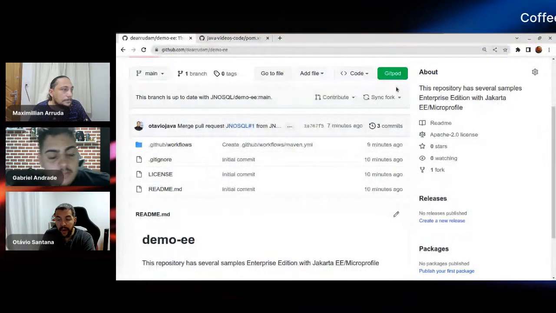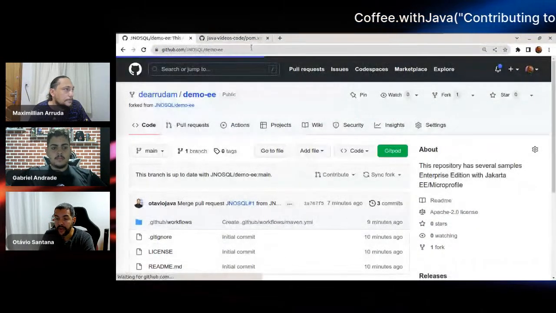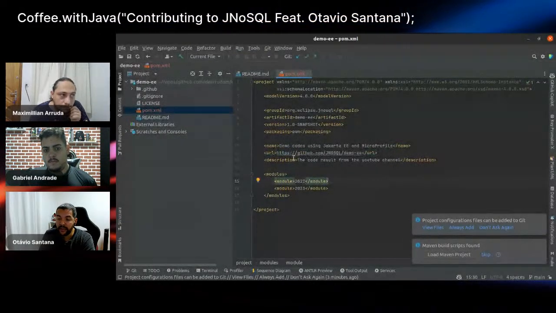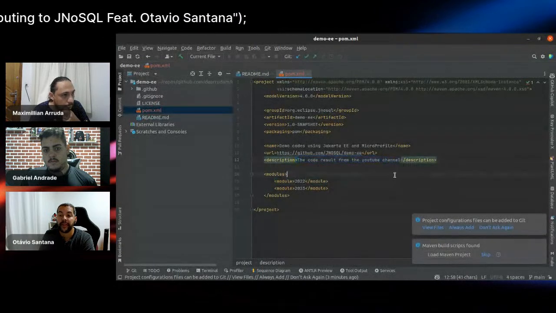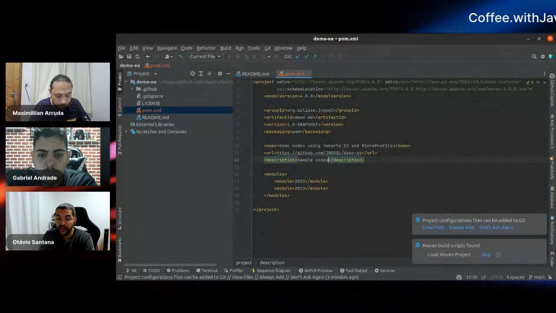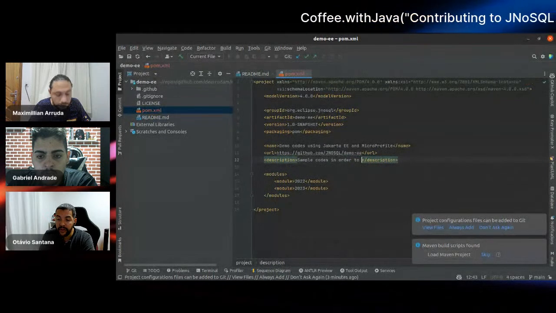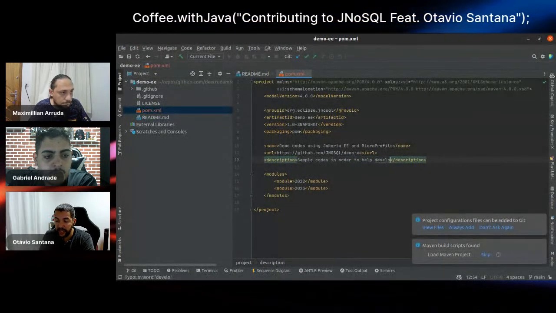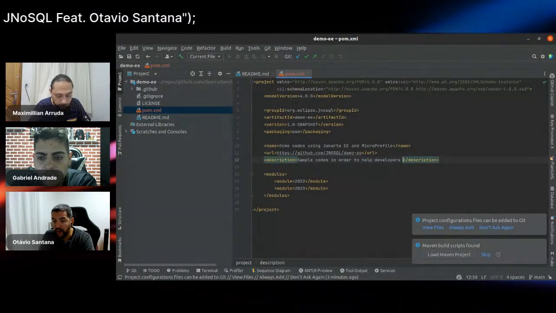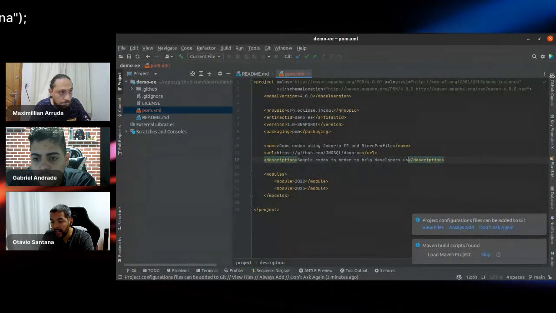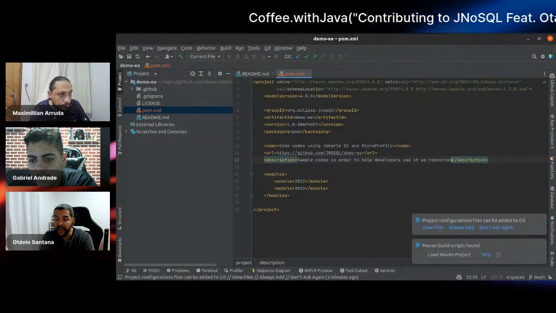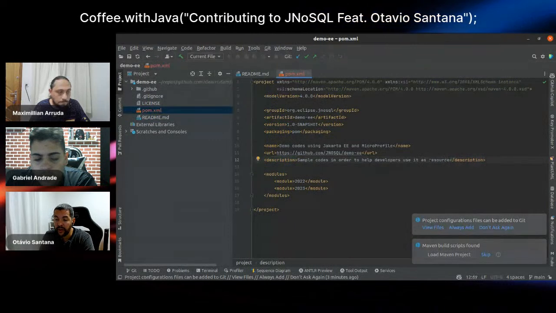MicroProfile has two goals: one, to try to bring more innovation to Jakarta EE, and also to be more optimized for microservice applications. So it has several things that make sense in the MicroProfile scope, for example fault tolerance, OpenTelemetry, and so on. The idea is, once I have those things in MicroProfile, if I wish, I can use them also in Jakarta EE. There are several discussions about whether those guys are fighting each other. The answer is no.